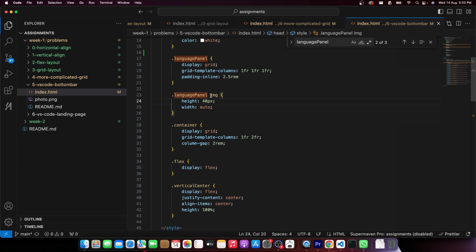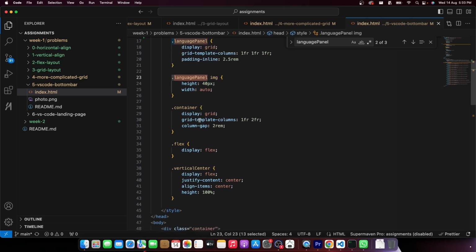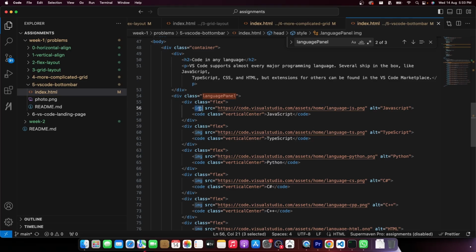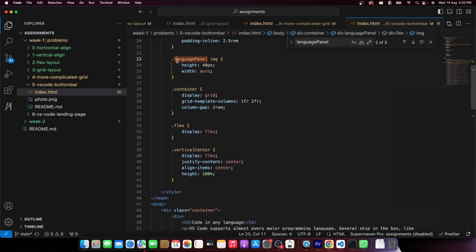One more thing I've done, and this will also give you some more insight as to what this is. Till now we've only written this .language-panel or the img tag. What you can do is any image that is inside the language panel class. I repeat, if you go down, this is an image tag that is inside the language panel class. Only for those images, add these styles. I repeat, what does this mean? Any parent that has a language panel class which has a child which is an image tag, for that guy,